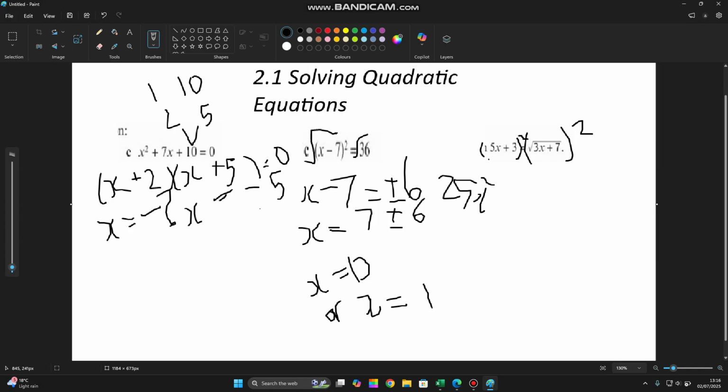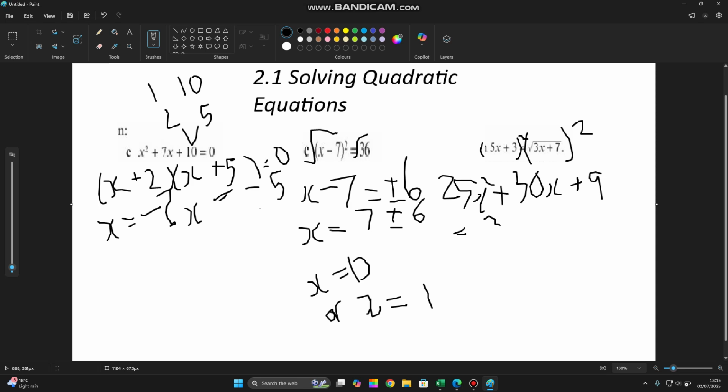Just imagine if there's another 5x plus 3 here, it'd be 5x times 3, and then 3 times 5x, so we get 2 of the same thing essentially. So it'd be plus 30x plus 9, and then the 3x plus 7, the square root would cancel when you square it,